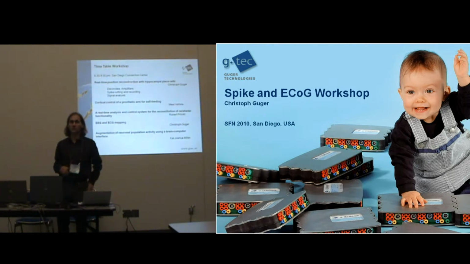Then Mel Williste, already coming in, will talk about prosthetic arm control with monkey experiments. Then we have Robert Goodman talking about the analysis of spikes in the cerebellum. Then I will talk about the EEG and ECoG mapping in rat experiments. And finally, Kai Miller, who is coming a little bit later on, talks about ECoG experiments that he's doing at